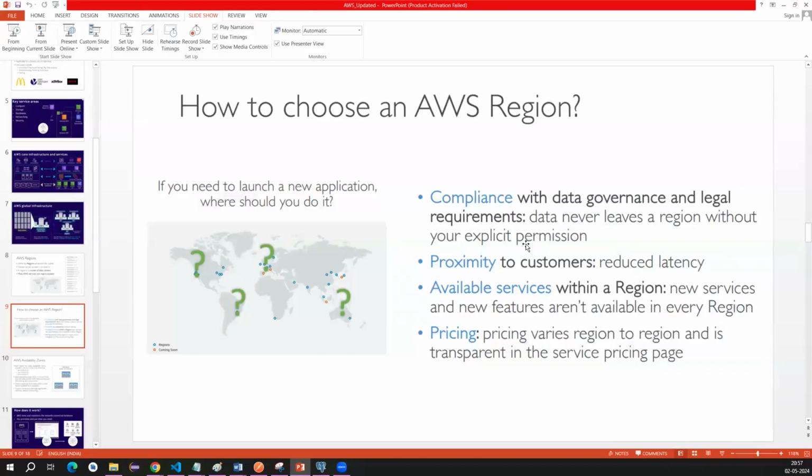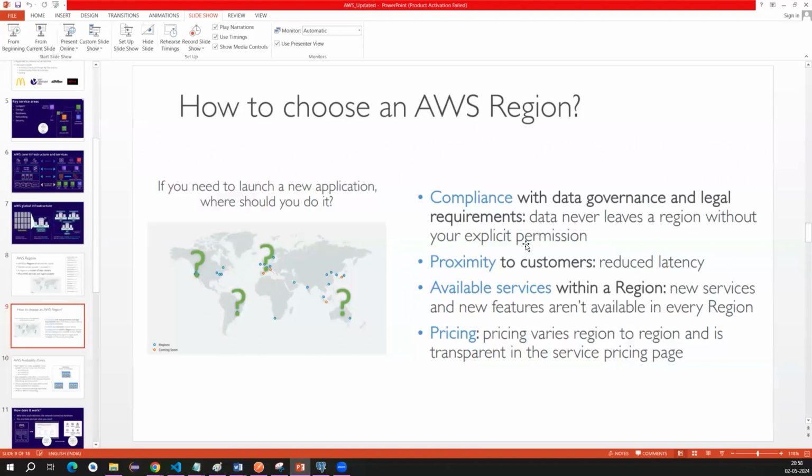Proximity. The closer you are to the region, the less cost you have to bear for it. If the service is there in Mumbai, why should I go and avail the service in South Africa or Tokyo? The more distance I have, the more I have to pay for it. So better I will go to the nearest region around. But if I am looking for a service which is not available in Mumbai, then I will go outside India